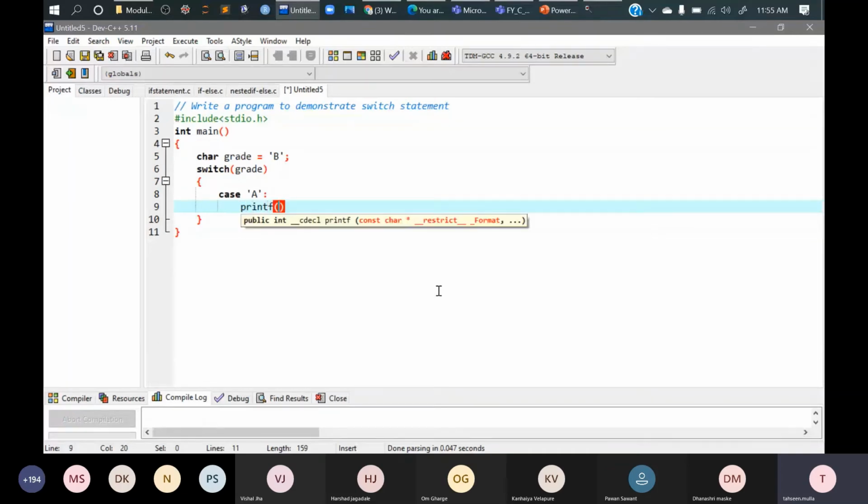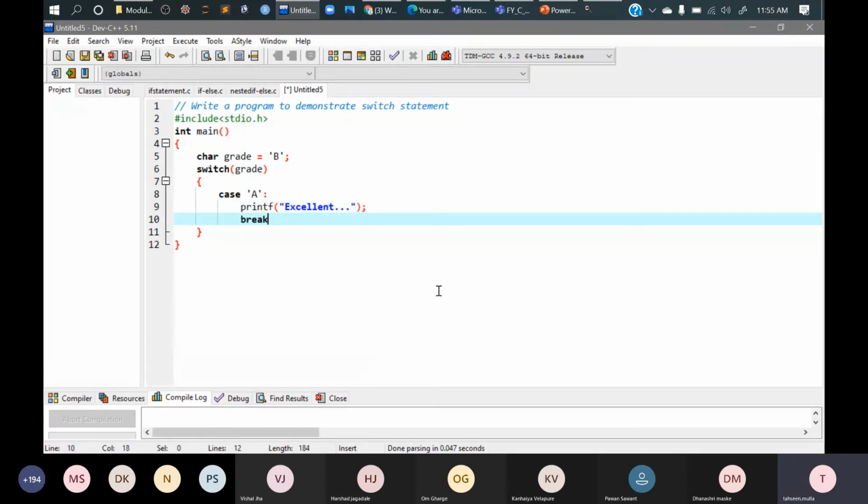We'll write it in printf. If the person is having an A grade, we'll give him a message as excellent, and a break statement. If this condition is satisfied, case A will be entered, the message will be printed and we will be out of the switch by using this break statement.